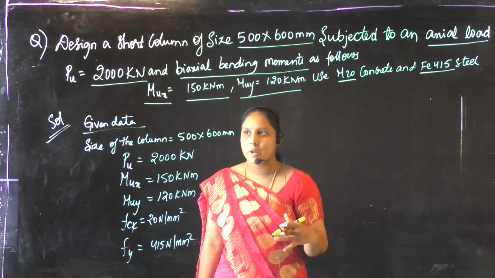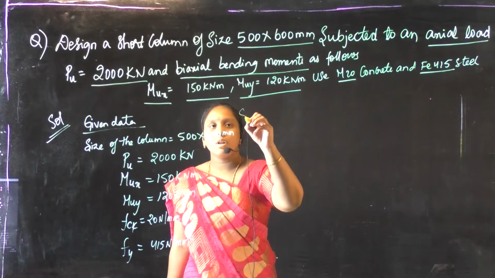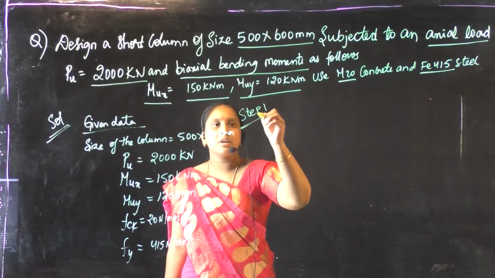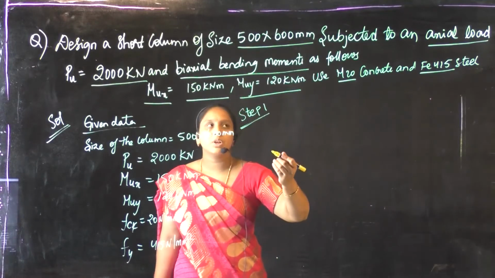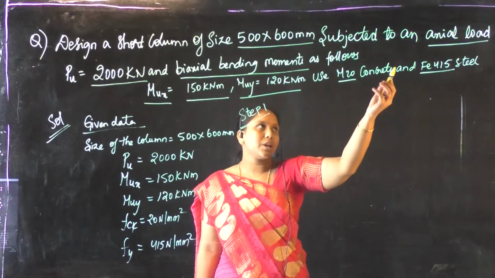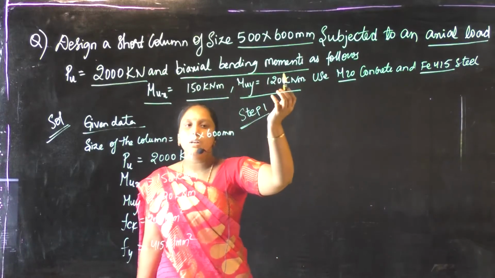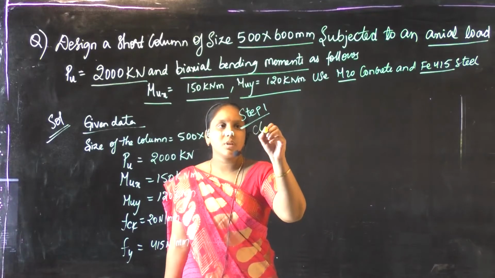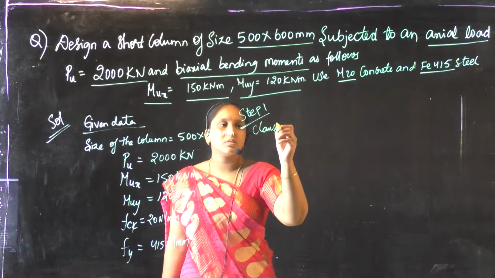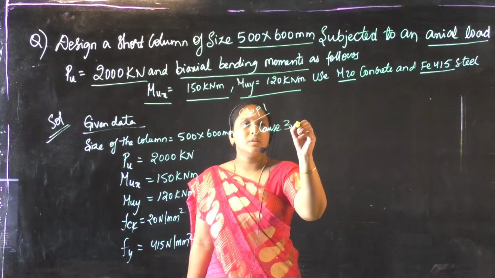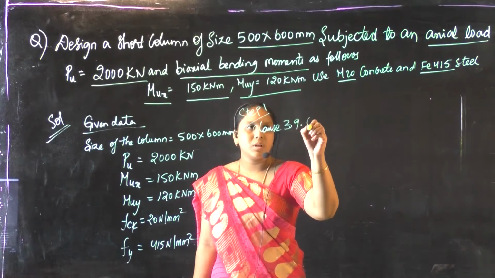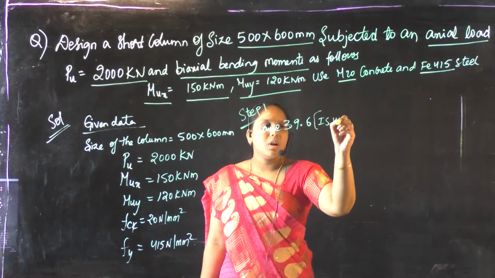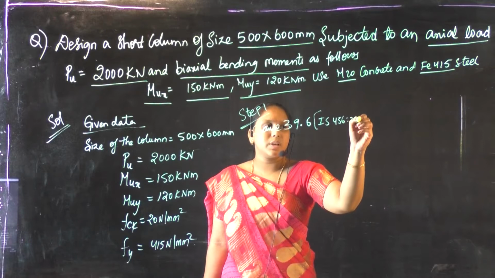So step 1: as this particular column is subjected to the combined action of axial loads as well as the biaxial bending moments, as per clause 39.6 of IS 456-2000,